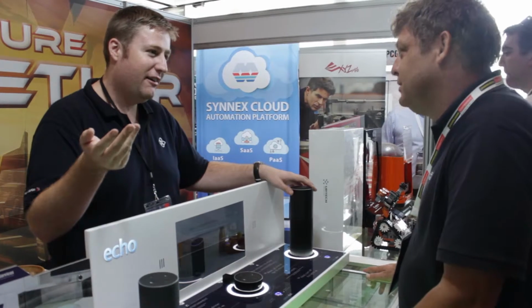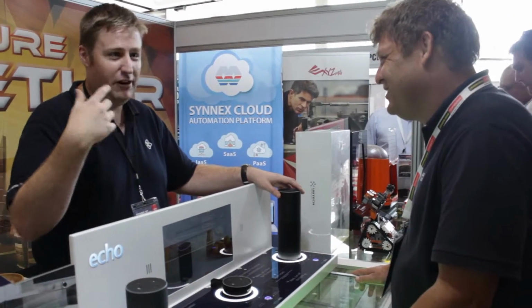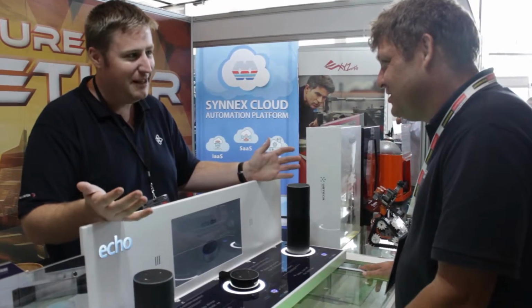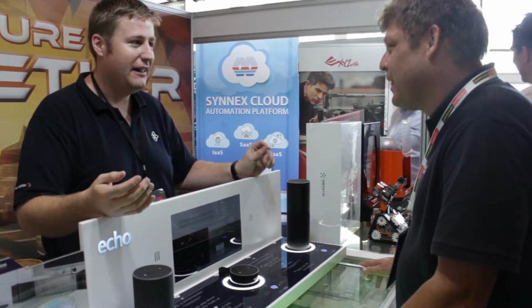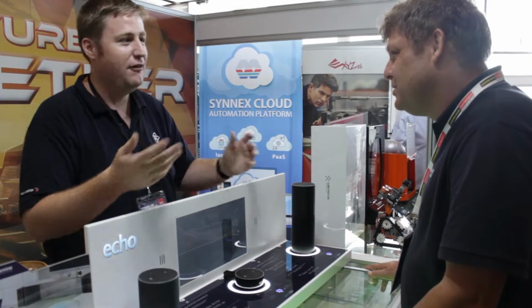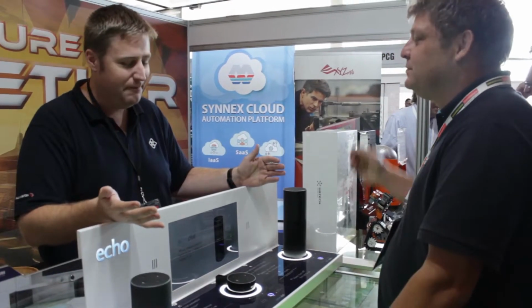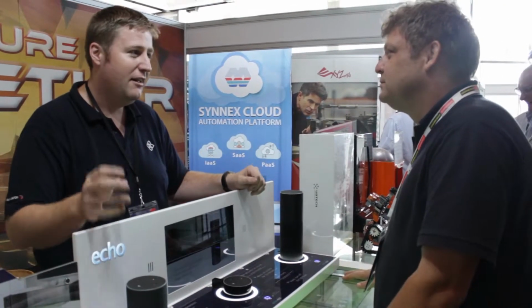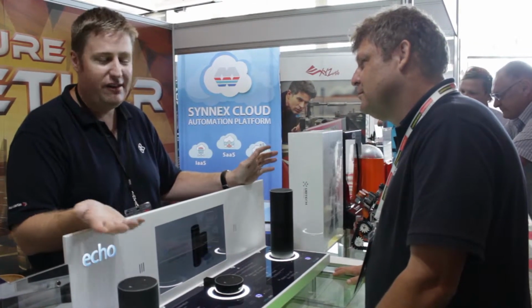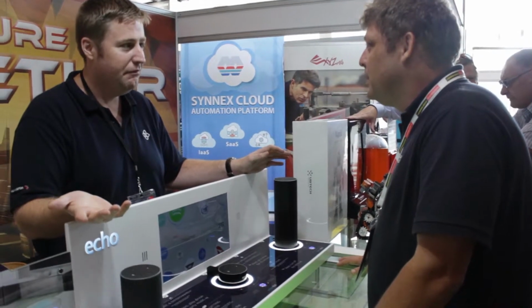Just like me, I've got 30 light bulbs all connected. I've got 10 power points connected in my house. I'll then add the Logitech Harmony product to the home as well, so I can control the set-top box, the Xbox, the air conditioners. Suddenly, for under $1,000, you're creating an automated home for someone. And the best part is when they move out, they unplug it, they unscrew it, and they take it with them. So it opens you up to the rental market as well, which is something that is